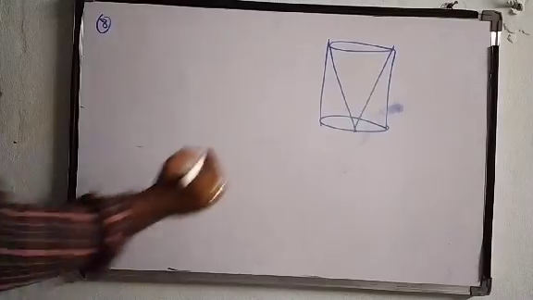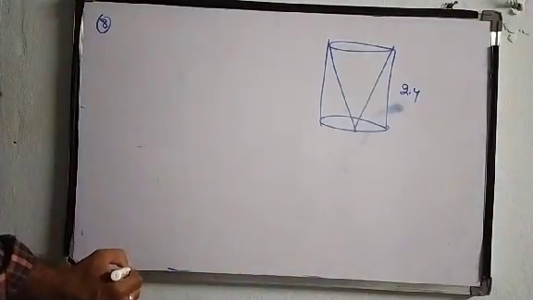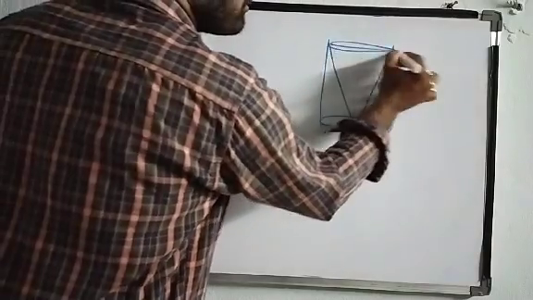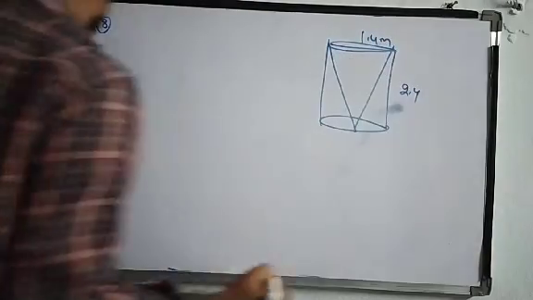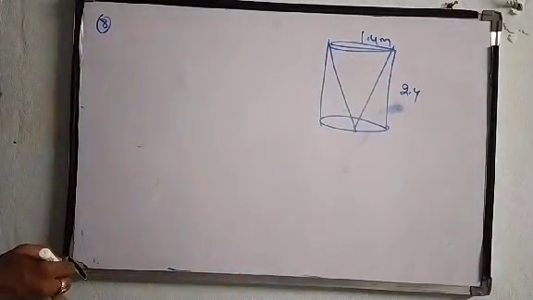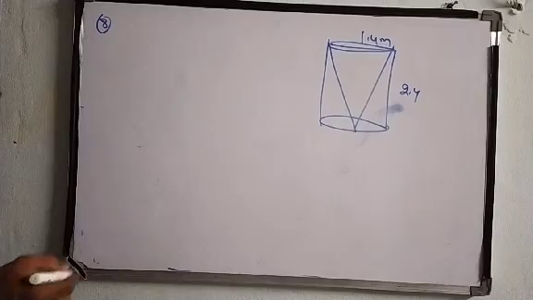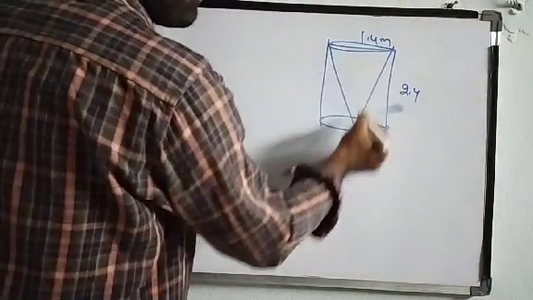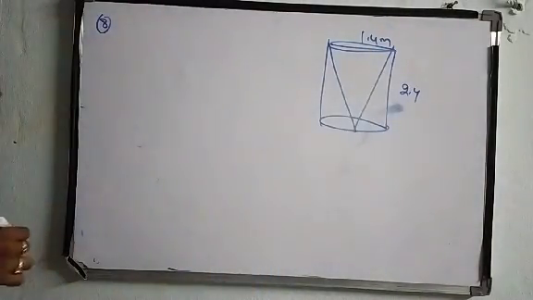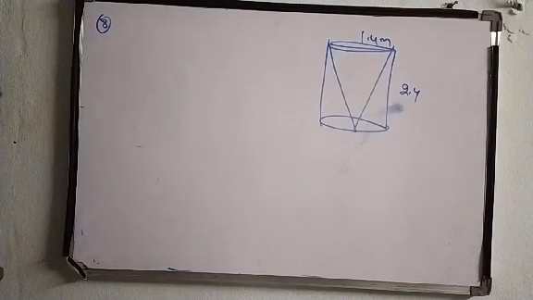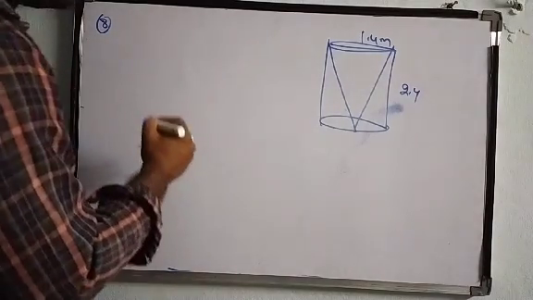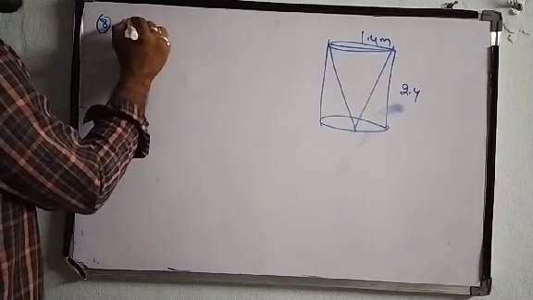The height of the cylinder is 2.4 and the diameter is 1.4. Same height and same diameter for the conical cavity also. He is asking to find the total surface area of the remaining solid. So the total surface area of the remaining solid. So given